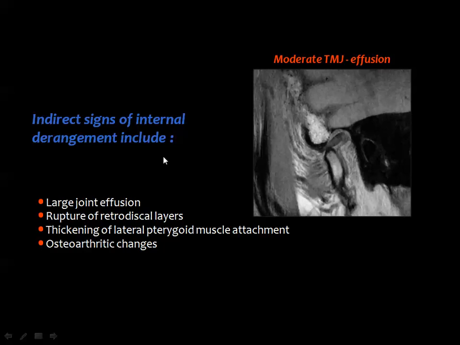The original sign is the abnormal disc position in relation to the mandibular condyle and the temporal eminence. And this position may change or may not change during opening the mouth. Also, if you see joint effusion, this is one of the manifestations of internal derangement. If you see rupture of the retrodiscal layer or the posterior zone, which is attached to the posterior part of the disc, thickening of the lateral pterygoid muscle attachment, and of course, if you see evident osteoarthritic